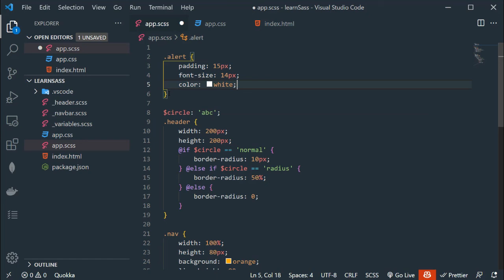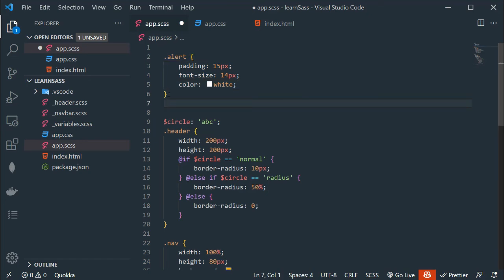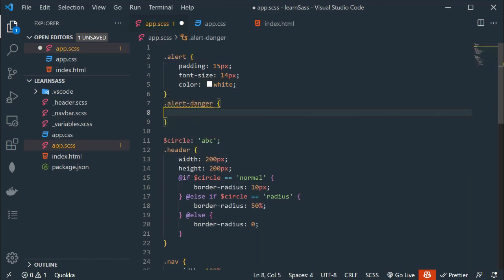Now I am going to create another class .alert-danger. Inside this class I want to inherit the alert class. So what we need to do, inside alert-danger we have to add the @extend keyword.